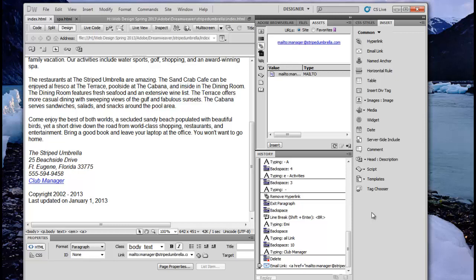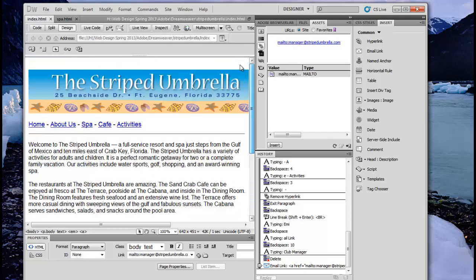Now, one thing we haven't done yet is we haven't seen your page all pretty. Okay? What we want to do is view this on the internet. So right here, do you see where my cursor is? On this little globe that says Preview, Debug, in Browser. Does everyone see where my cursor is? Yeah. Up here towards the top. If you click on that,